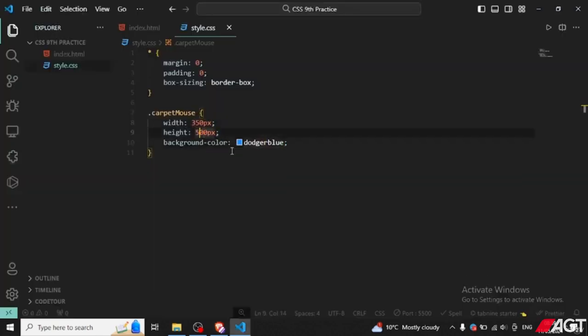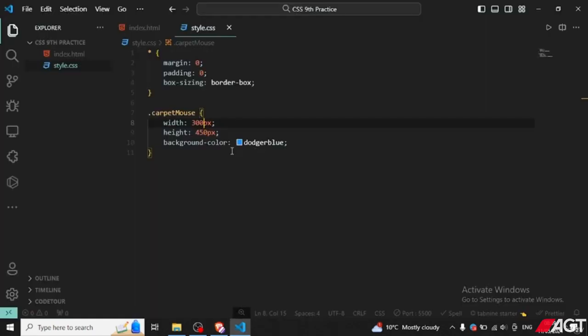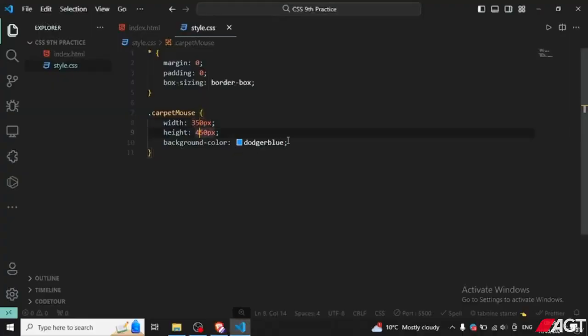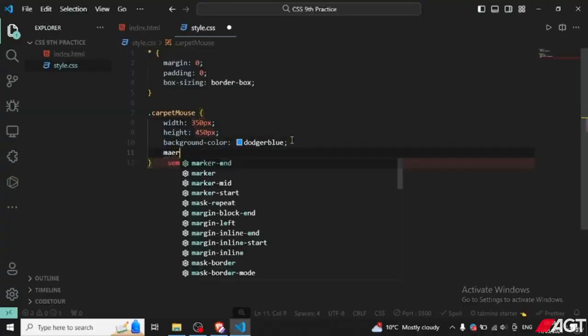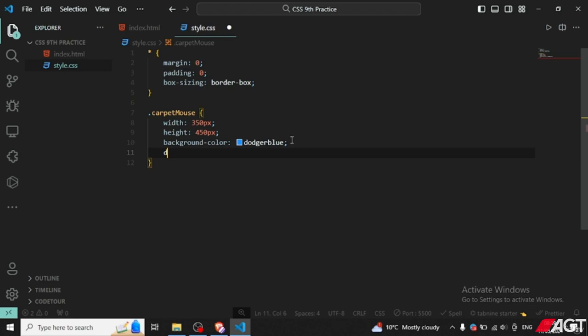So now it's fine. And also we need to give a margin. Okay, let's write down display flex, and justify content center, and align items center. And also do not forget to give